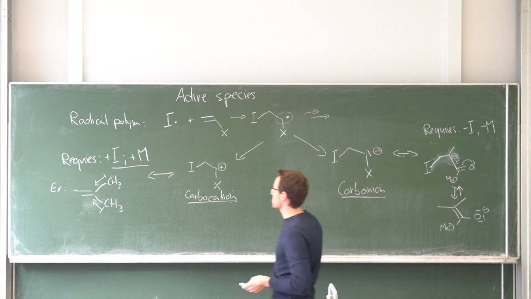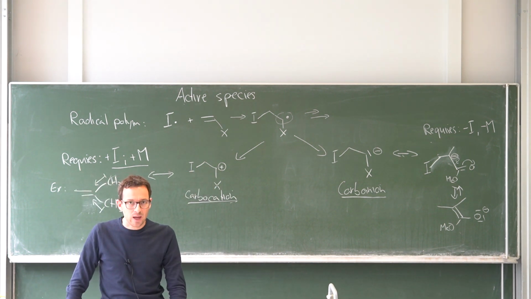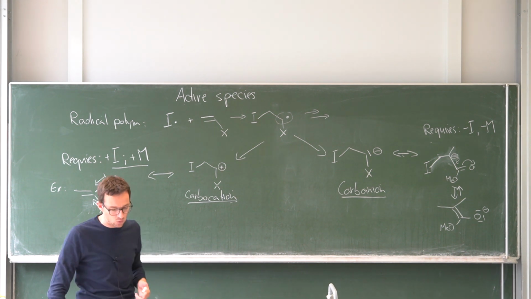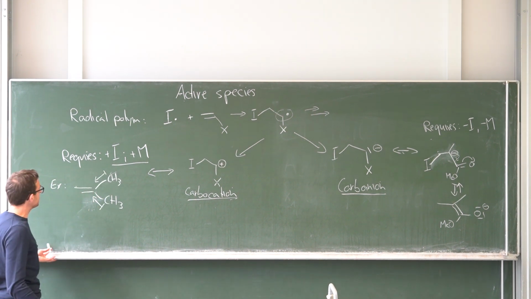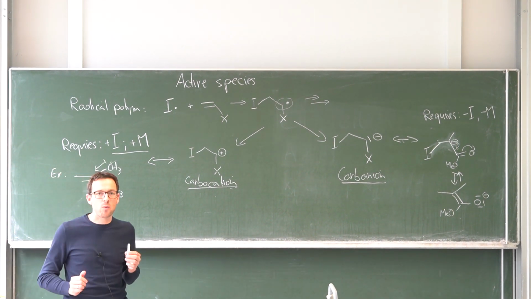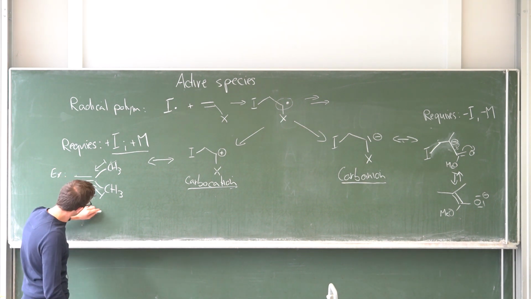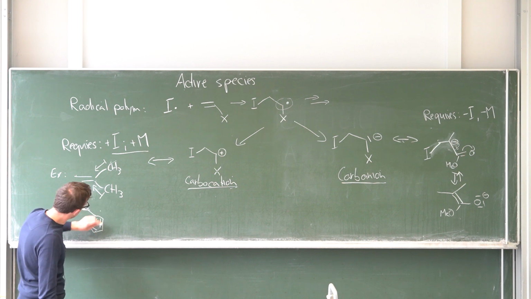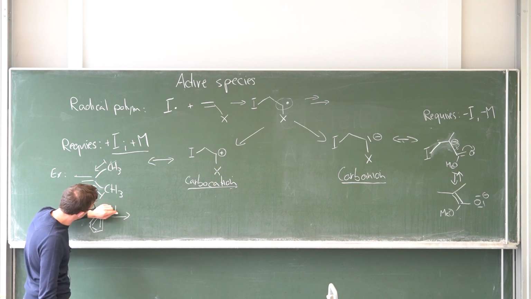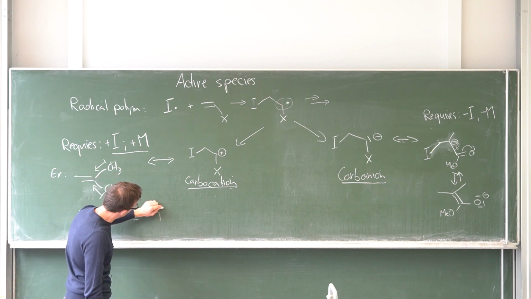Okay, so these monomers, these are the requirements to generally use ions to initiate a polymerization or to use ions as an active species. Maybe just as one thing, we have a special case. Styrene works in both ways. So styrene, let me just put this here, can have a positive charge,